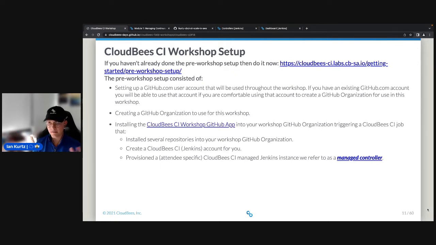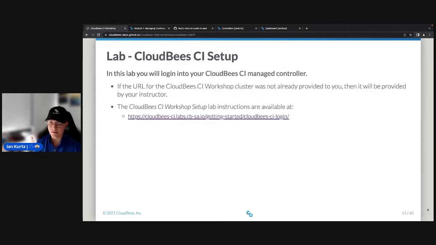But like I said, if you would like to go through the pre-workshop setup, some of you may have already done that. We will actually be using a GitHub app to copy over certain repositories into your GitHub organization. And those are going to be the basis for completing the labs today, as we'll get into. The instructions are available at the link you see on the screen, and I'll be navigating to those very shortly as we begin the first lab,